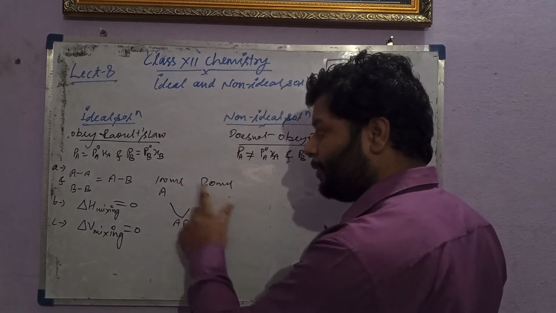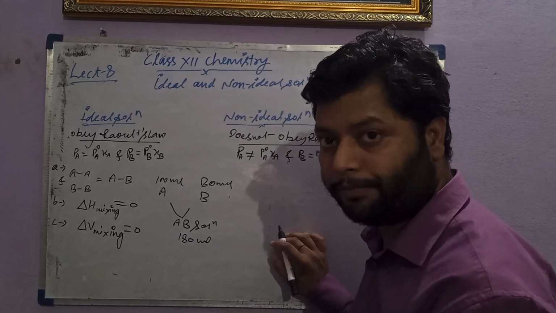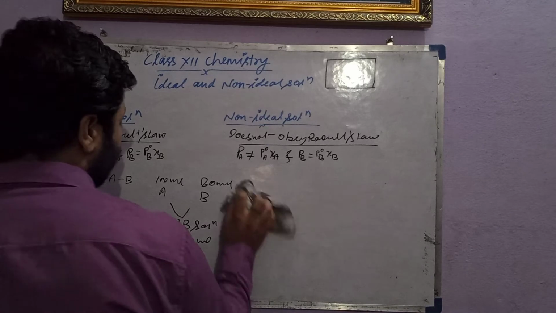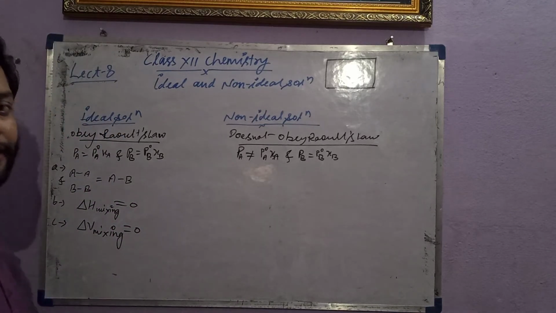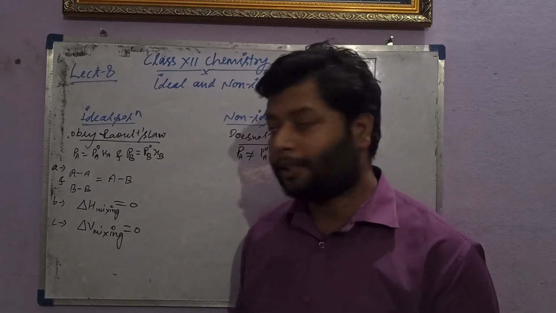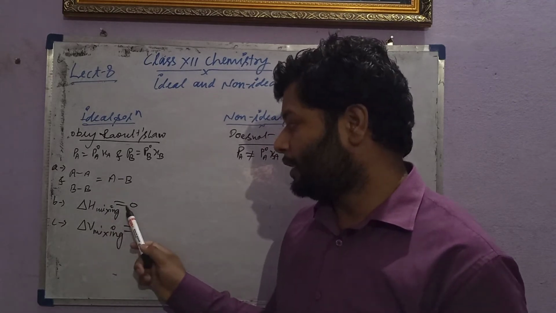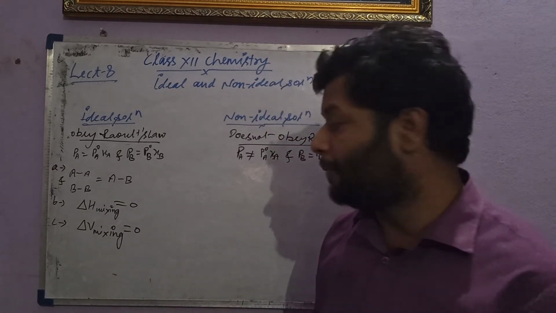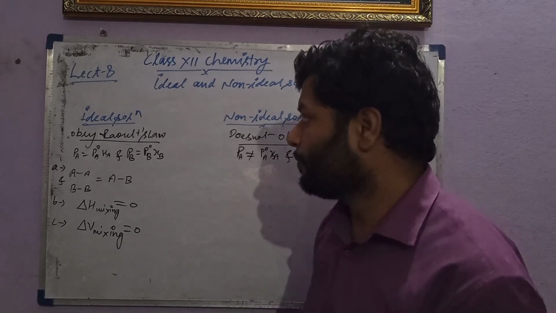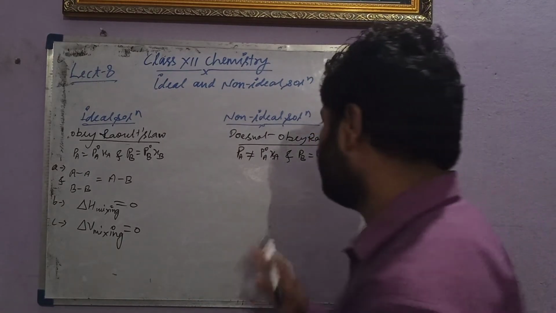This is called pure components. This is called a solution, the mixture of two different components. So this is the ideal solution, the ideal behavior of the solution. The solution must follow Raoult's law. The solution must have a force of attraction similar to before and after. There is no net difference of enthalpy or energy after mixing or before mixing. There is no net volume change after mixing and before mixing. This is about the ideal solution, and now this will change in the non-ideal solution.